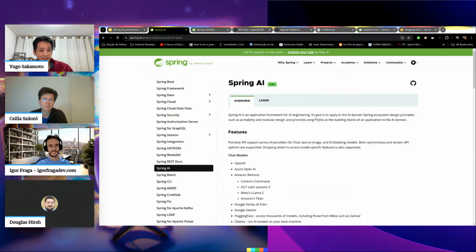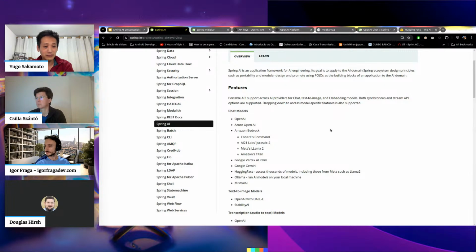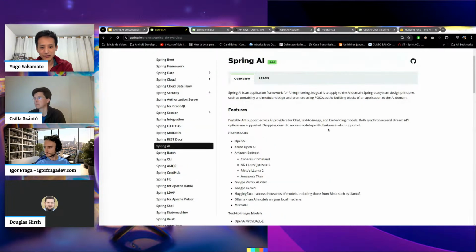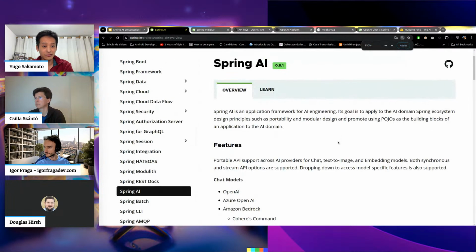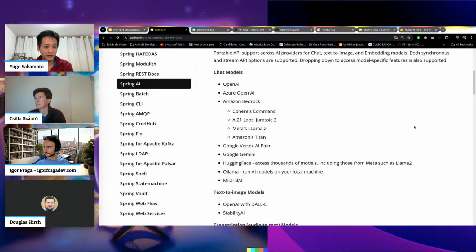So the Spring community gets rich really fast, with the same level of support for many different models and integrations, and also features. I see they already support function calls, RAG. I'm a bit curious about the RAG.